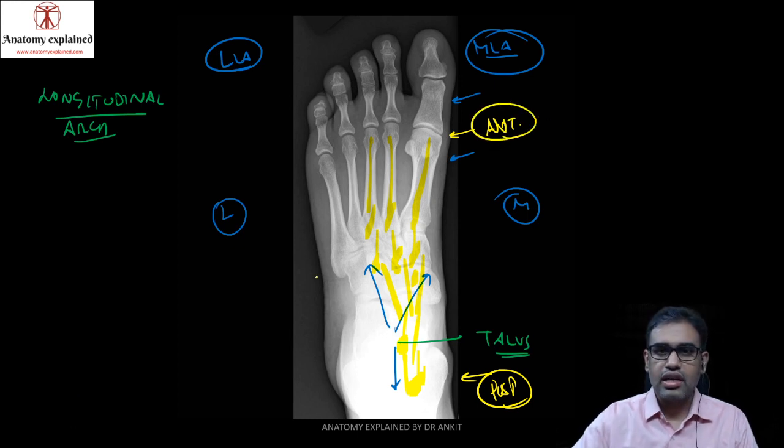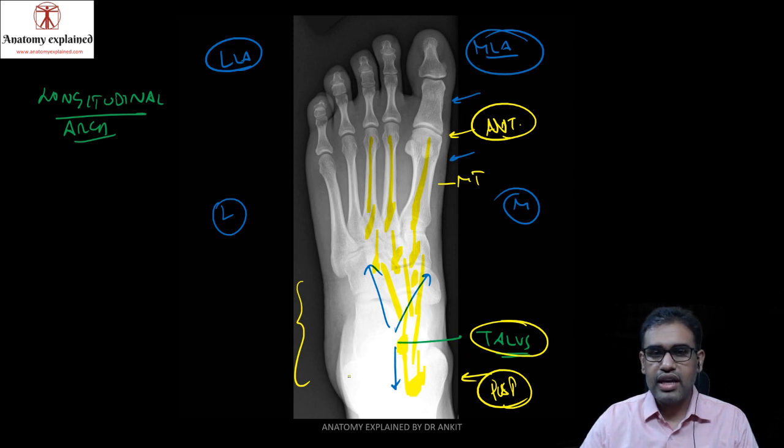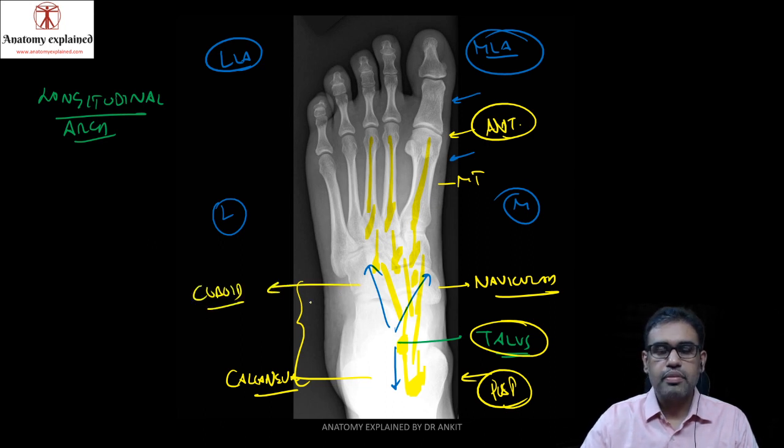The bones over here are the metatarsals, and these whole are our tarsals. But which tarsals? At the summit we discussed that was the talus. Below the talus we have the heel bone known as the calcaneum. The talus anteriorly articulates with the navicular bone over here, and the calcaneum anterolaterally articulates with the cuboid bone over here. In front of the navicular we have the three cuneiforms, known as the medial cuneiform, the intermediate cuneiform, and the lateral cuneiform. These cuneiforms articulate with the first, second, and third metatarsal. The cuboid articulates with the fourth and the fifth metatarsal.